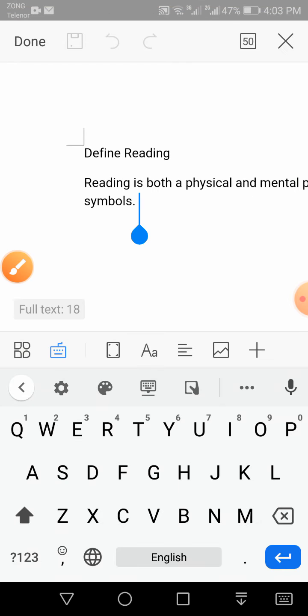If you write your answer in a rough notes register, and then take a picture or screenshot and send it to me, it will be very difficult for me to read and edit it. An MS Word document can be edited by the tutor. I can give you feedback. So you must learn how to create an MS Word file on your smartphone.